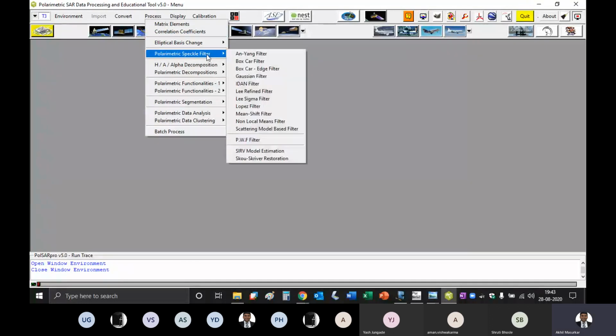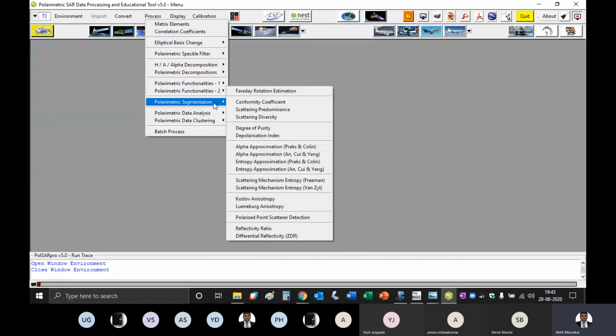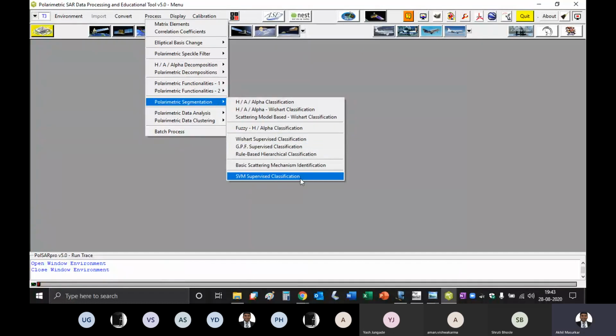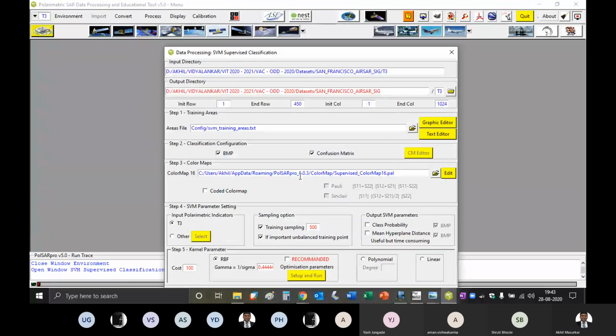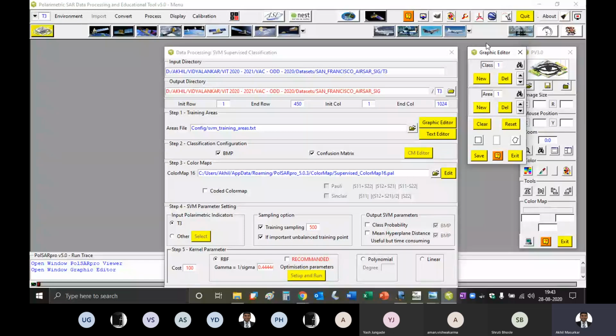And then I can say process, sorry, I can go to polarimetric segmentation, SVM, and you have to open this in a graphic editor. Yes.